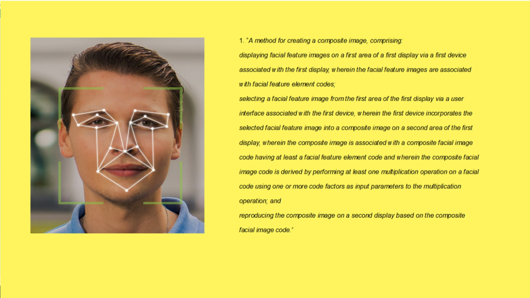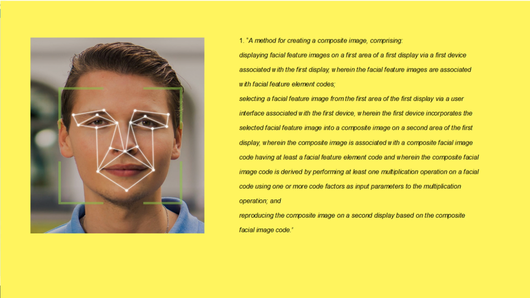Selecting a facial feature image from the first area of the first display via a user interface associated with the first device, wherein the first device incorporates the selected facial feature image into a composite image on